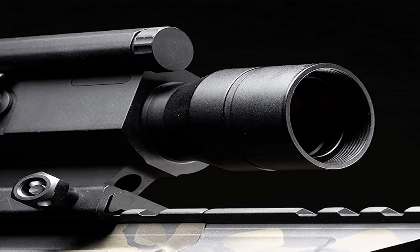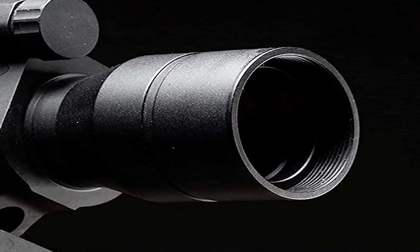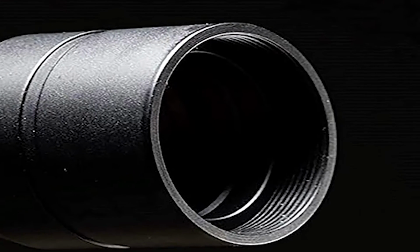And the other thing about it is it's actually got a kill flash built into the end of this optic. And the kill flash is pretty cool because it mitigates the glare from your opponent if you're engaging a target and you want